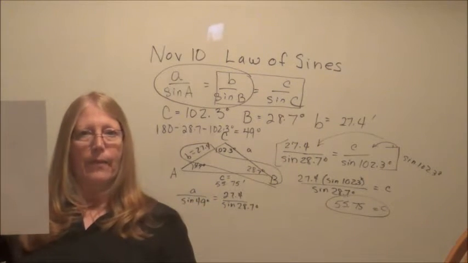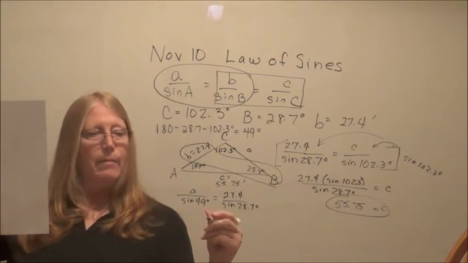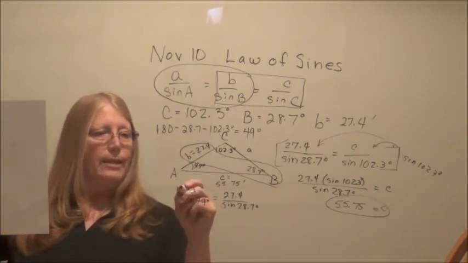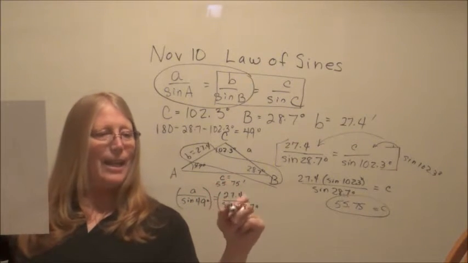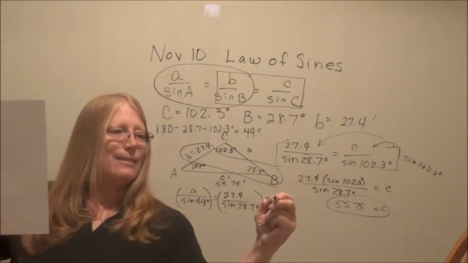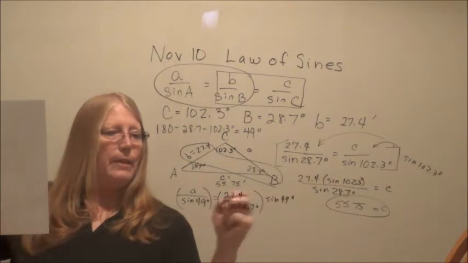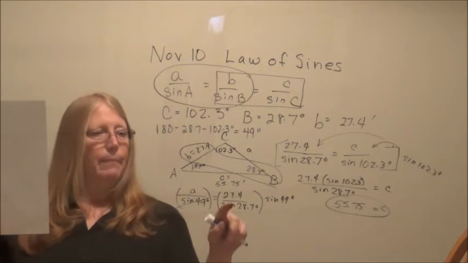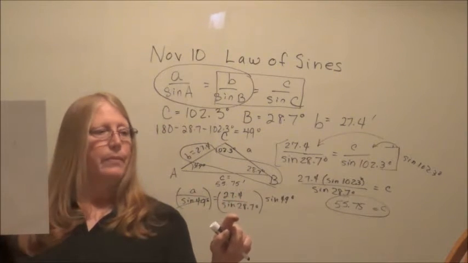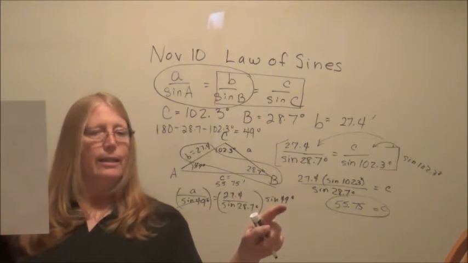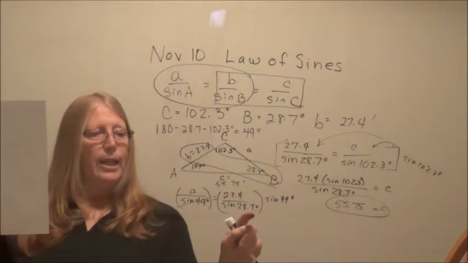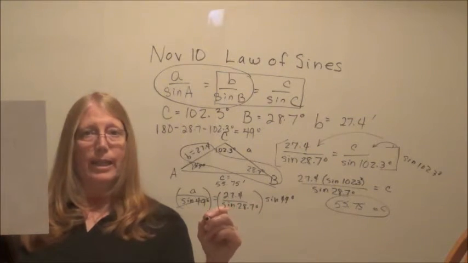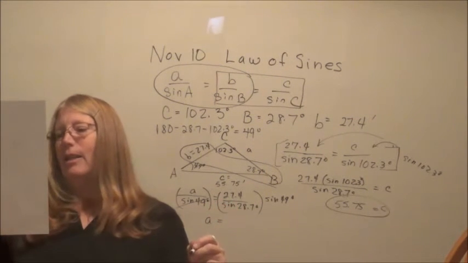Solve that for a by multiplying both sides by sine of 49. So it'll disappear from this side and appear over here. So if you tippy tap, 27.4 times sine of 49 divided by sine of 28.7,